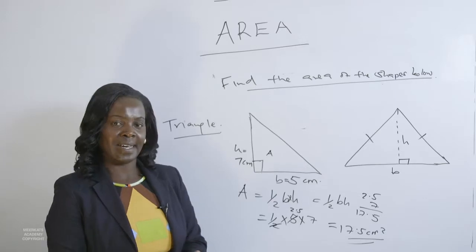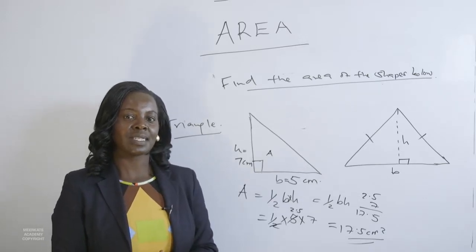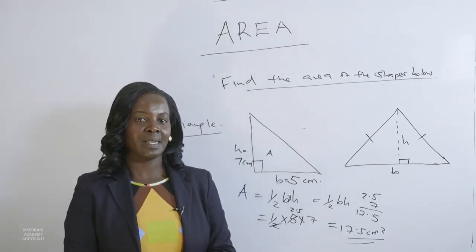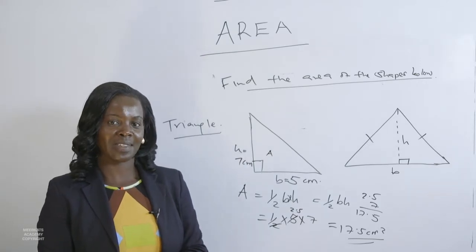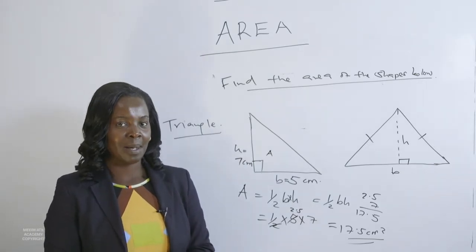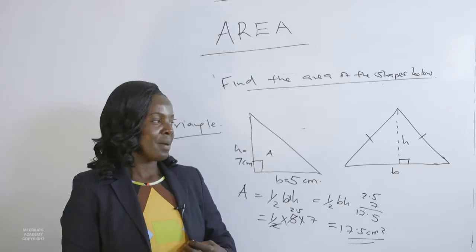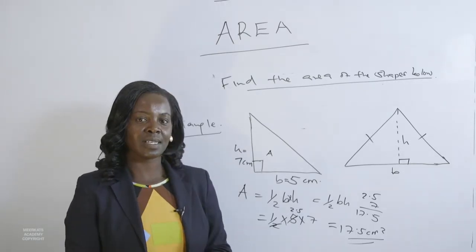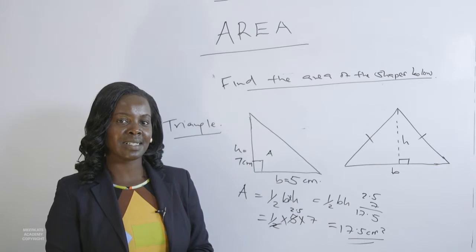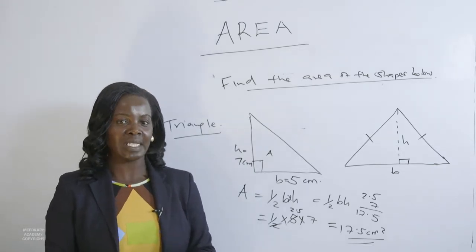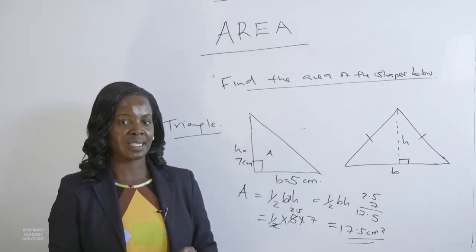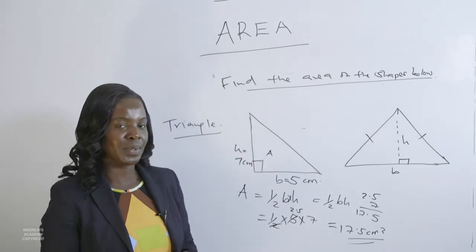Before you calculate the area, you must ensure that the units are the same. If they are millimeters, they should all be millimeters. If they are centimeters, they should all be centimeters. But in a case where one measurement is in millimeters and the other is in centimeters, you are not allowed to proceed unless you change the units into one common unit. For example,